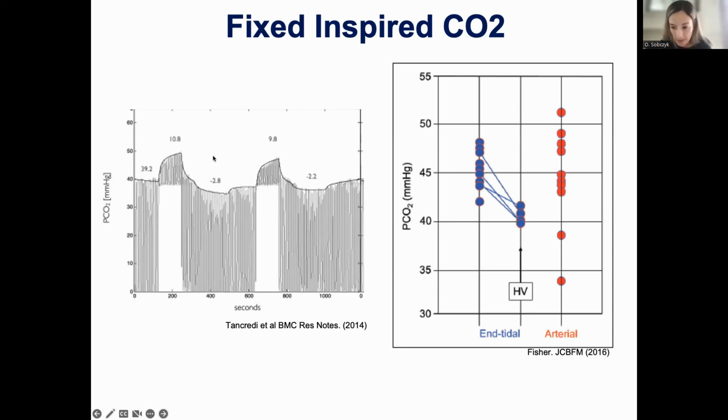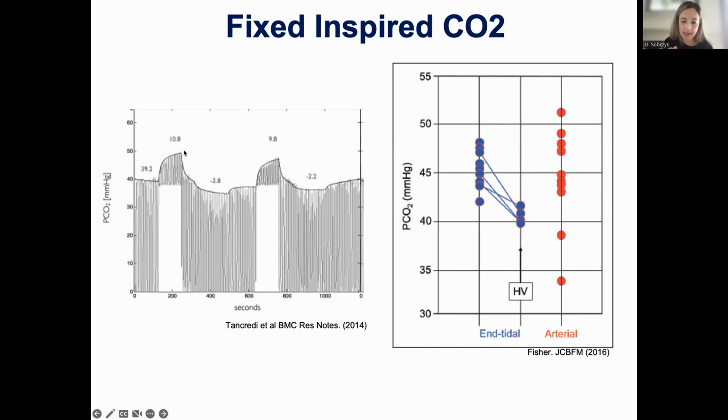It's fairly inexpensive. The parts for the circuit you can get off the shelf, and it doesn't require the same subject cooperation as in breath holding, for example. Step changes in CO2 are possible with this method within a reasonable time frame, but you can see from the graph here that there's a slow exponential rise in CO2, and even after 2 minutes, you still haven't